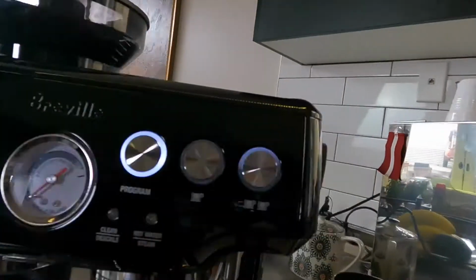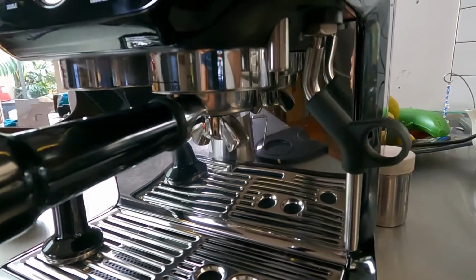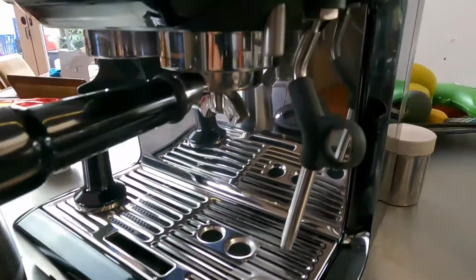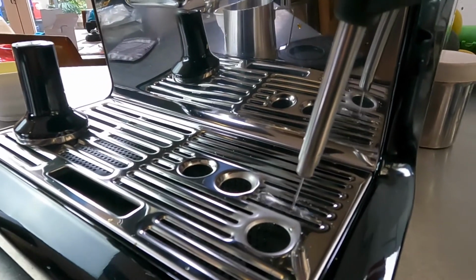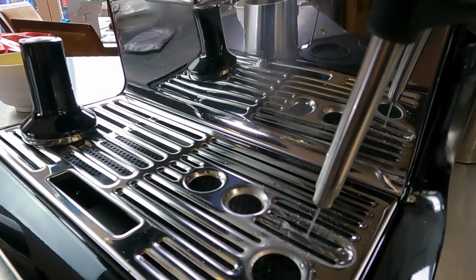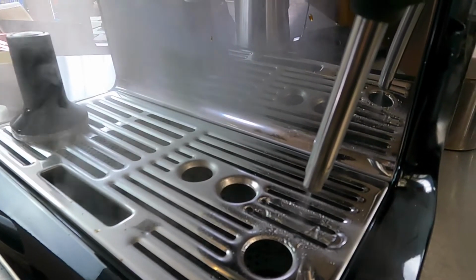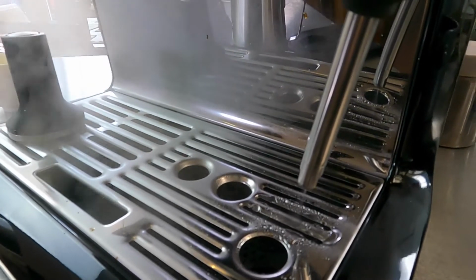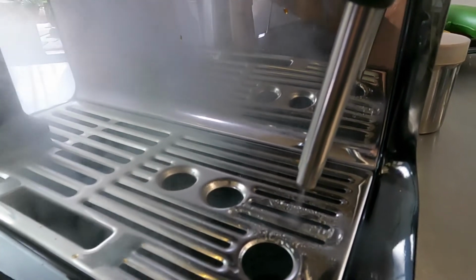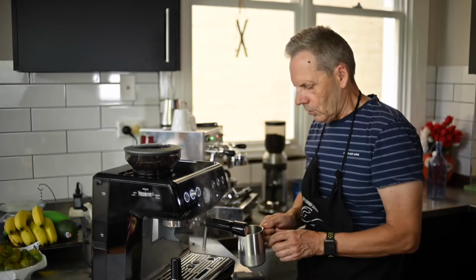We've got 2 buttons on the other side here. One is for steam and the other one is for water. So if I do it on water, then just water should come out of that nozzle. And it does. And if I turn this the other way, then steam should come out of the other one. So I might just let some steam come out first. Okay, it seems to be pumping away nicely. And quite a bit of steam, which is good. So I want some steam to start with before I actually start doing my...